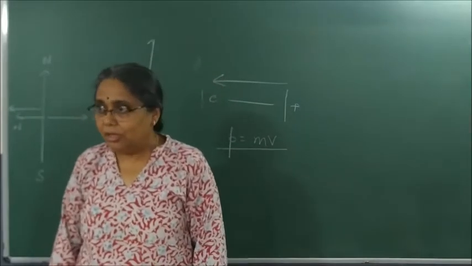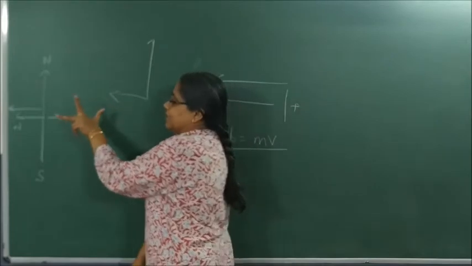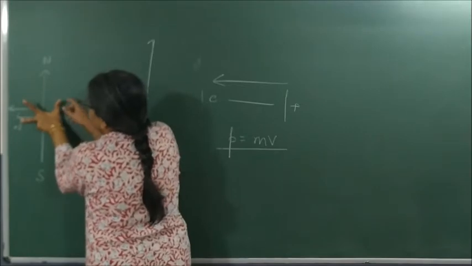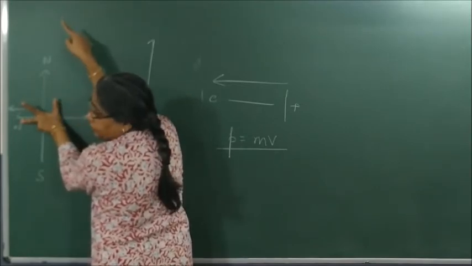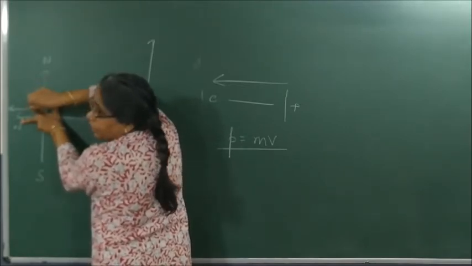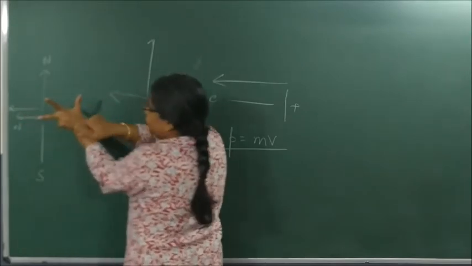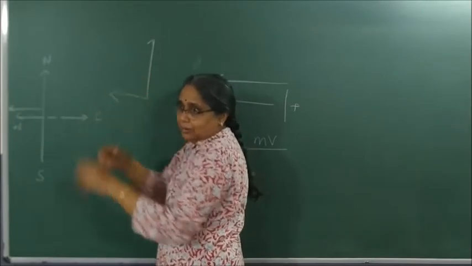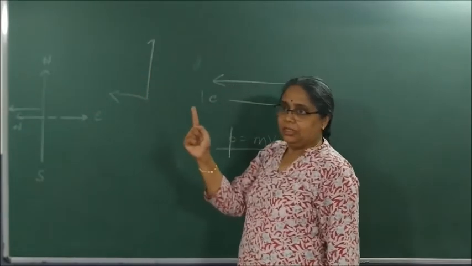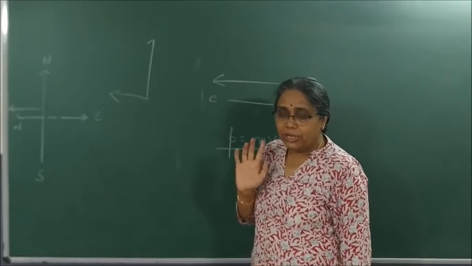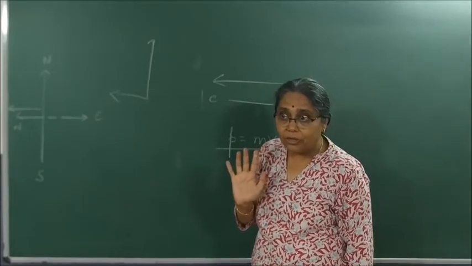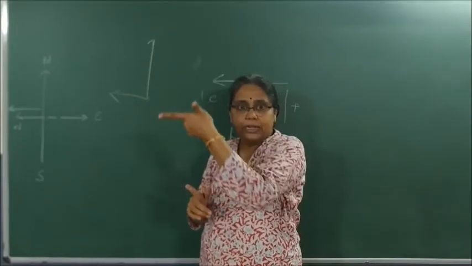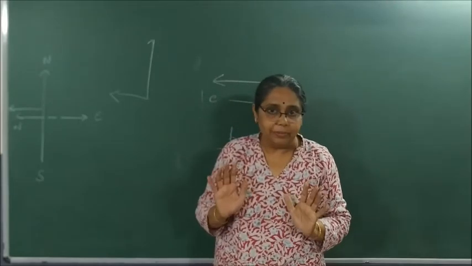Did you understand what I did? I said this is the direction the proton enters. So this is my direction of current. This is my direction of magnetic force. It is deflected towards north. Where is my movement? It is upward. Actually, when they are mutually perpendicular, it should come like this, but I cannot do that. So it will come like this. Then only all three will become mutually perpendicular. Did you get my point? This is also a very important question. Move your fingers, put in the directions, and apply Fleming's left hand rule.